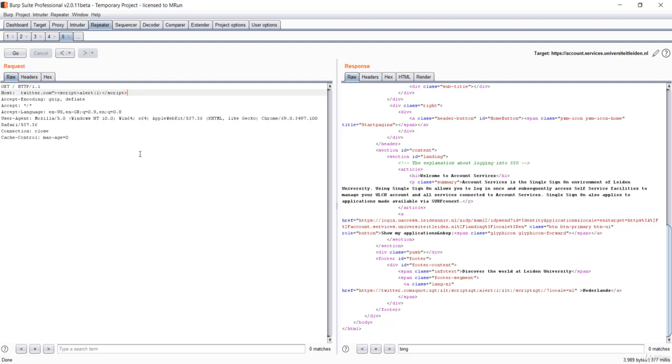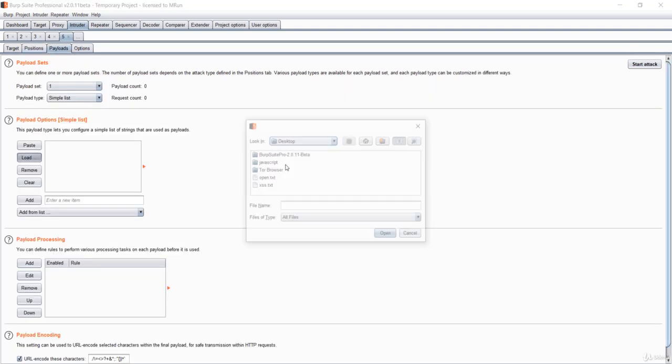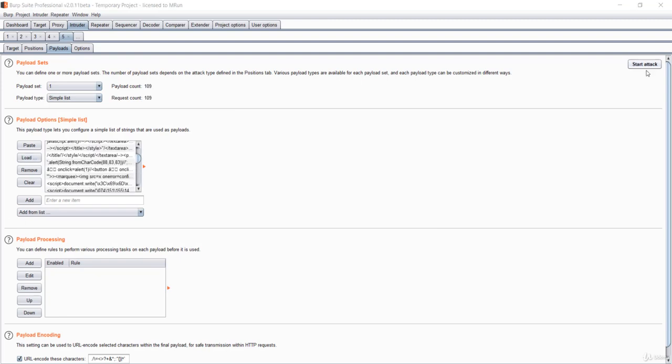So that means this is not working, but you can simply pass here another payload. Instead of twitter.com, first you can send this to the intruder, go to the intruder, positions, and pass here something, let me say test. I'll select this test, click add, that is selecting this add button, go to the payload and load all of your payload. So it should be XSS payload, and simply start the attack.